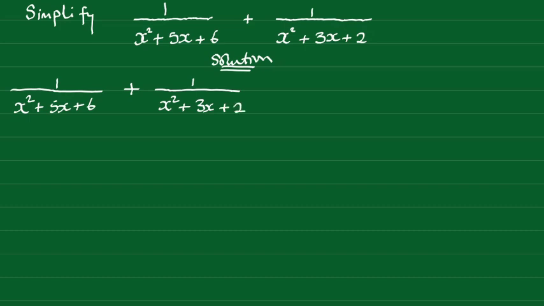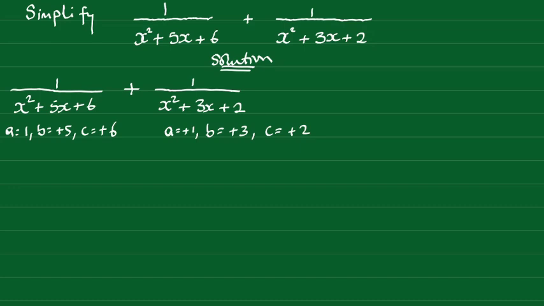Next, we know that both denominators are factorizable quadratic expressions. Therefore, from the denominator of our first fraction, the value of a is equal to plus 1, the value of b is equal to plus 5, and the value of c is equal to plus 6. For our second fraction, the value of a is also plus 1, the value of b is plus 3, and the value of c is plus 2. Now, we'll get back to our first fraction, and we know that the factors of c that when added give us b